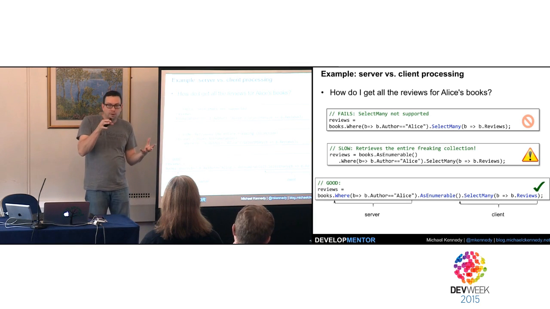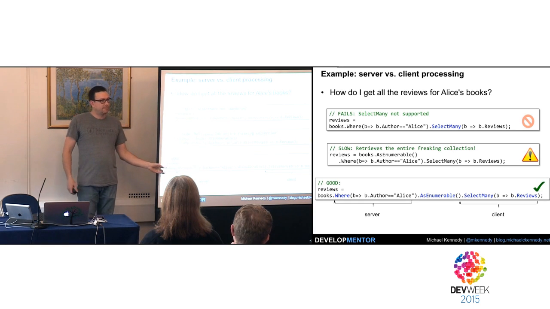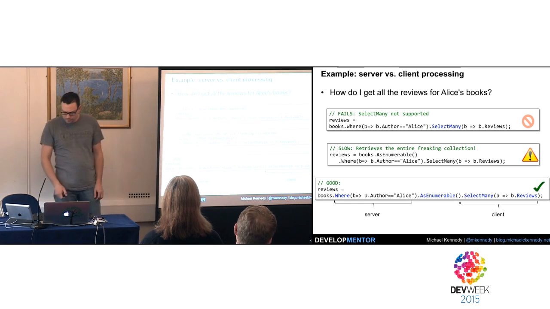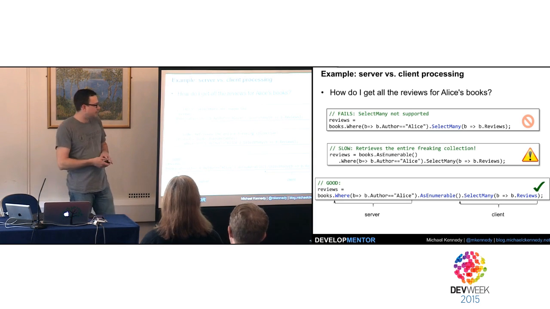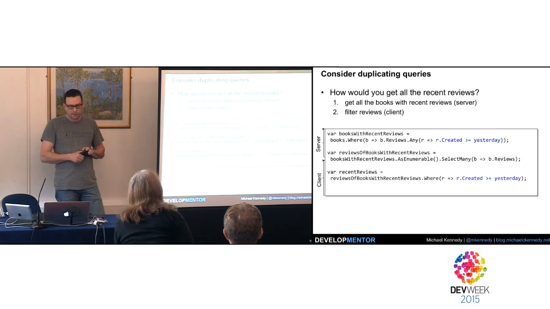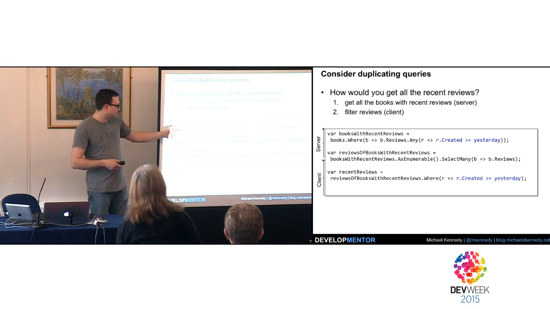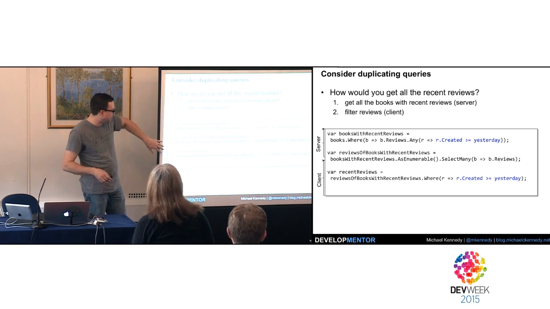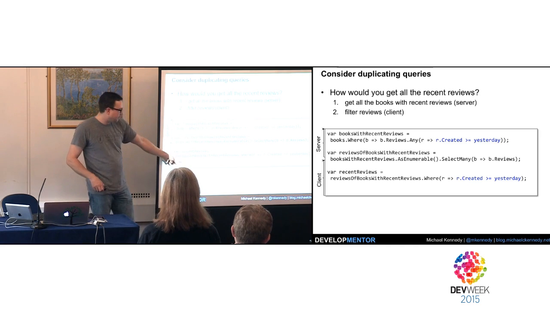You do pull back the whole book instead of just the author set, and you could theoretically pass things to do sub-projections and so on, but this is kind of your way around a lot of the limitations. Let's see how much time we have left here. Okay, a few minutes. I might show you something kind of amazing that will let you answer other interesting questions. It's probably worth doing if I had the database installed. So sometimes you end up writing this duplicate query. Here I'm going to do it on the server, get down to just the books with recent reviews, and then do a final